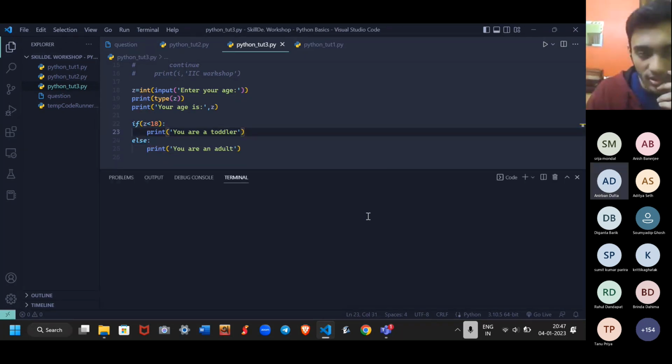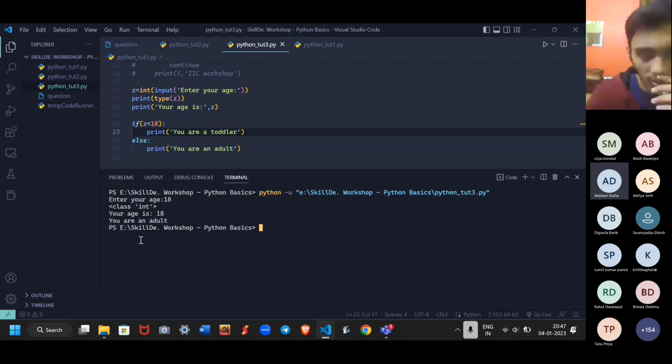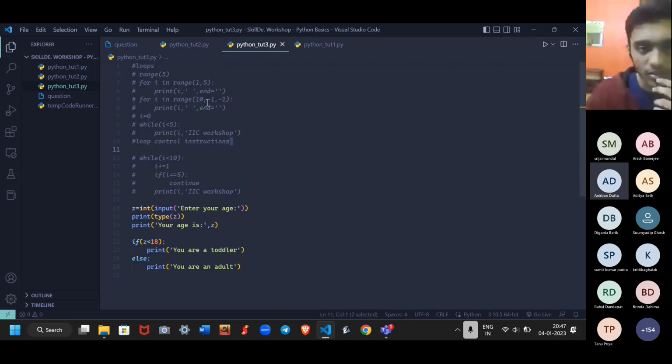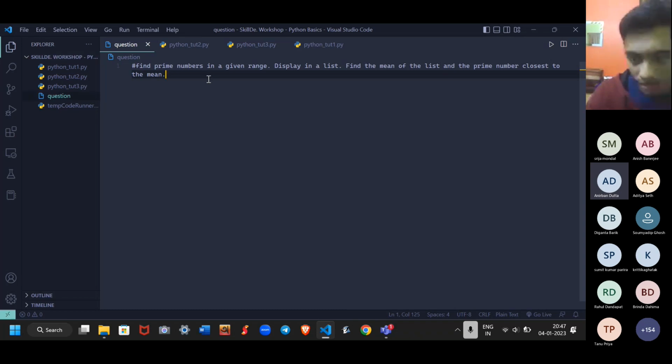Now you can check it out. Enter your age, say 18. You're an adult. So that's how it works. That's all about the conditional statement. So I explained to you about this thing, about the range and the reverse loops. So that's it. Now I'll be going through this final question, but before that, I'll be, of course, going through